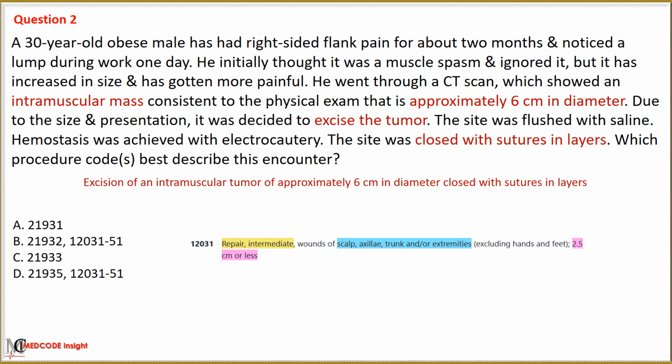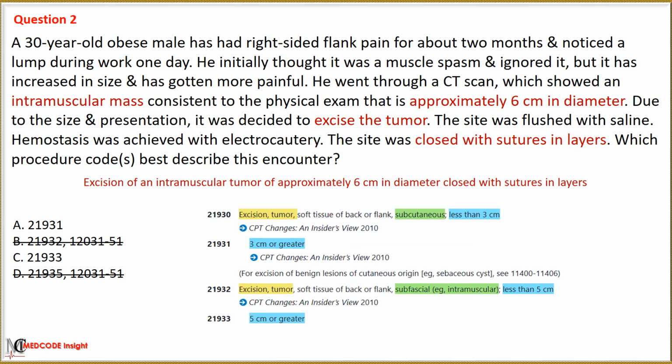The tumor may be subcutaneous, below the skin but above the deep fascia, or subfascial, often intramuscular, within or below the deep fascia but not involving the bone. Excision of soft connective tissue tumors always includes a simple or intermediate repair. Based on this guideline, we will first eliminate option B and D as code 12031, used for intermediate repair, is already included in the excision code for soft connective tissue tumors.